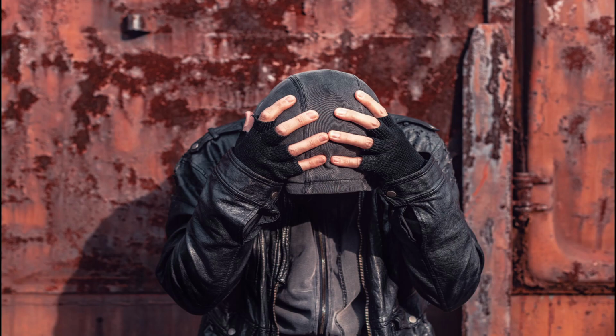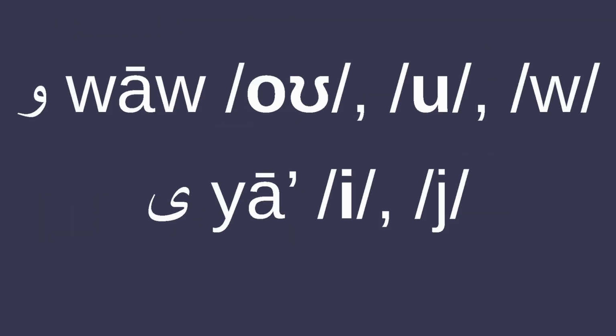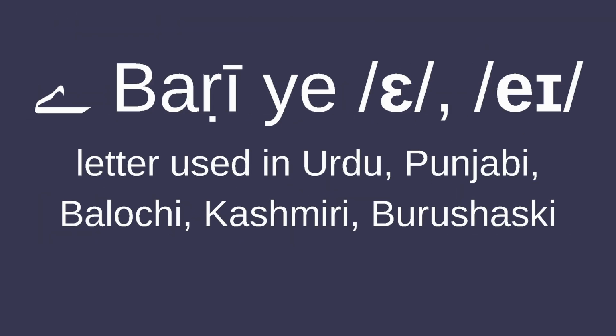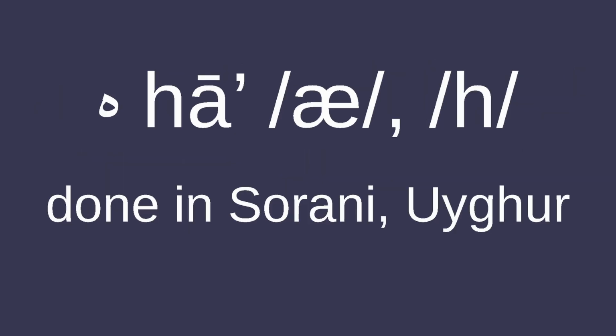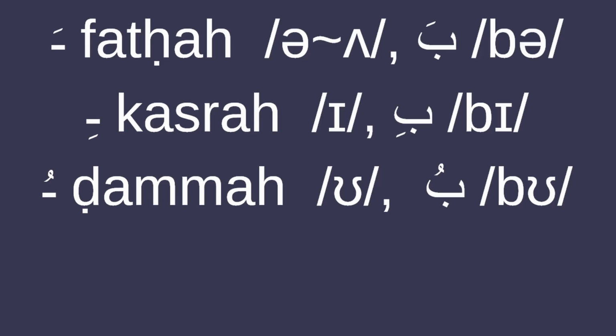And this is the part where I relapse and apply the cot-caught merger because we have a limited amount of vowel letters, same with schwa and strut. Waw is used for o and u, ya is used for e, and bari ye, used in Urdu and Punjabi, is used for e and a. I'm also reusing ha for a, as is done in Sorani and Uyghur, and the rest of the vowels are simply unwritten. Although like with other alphabets using Perso-Arabic, short vowels can be indicated with optional diacritics for situations where